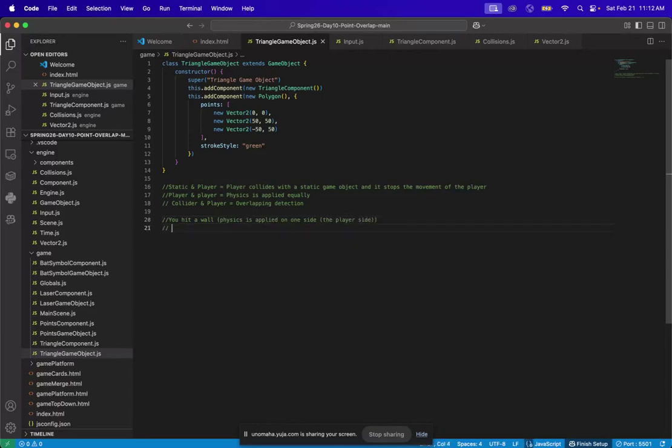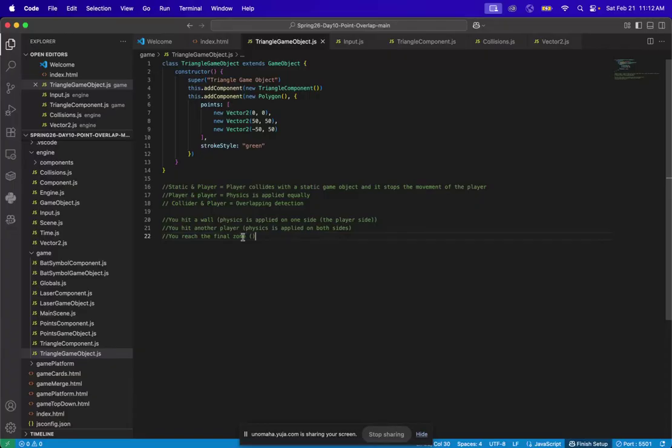Another example could be you hit another player, which means physics is applied on both sides. And then the final one is like you reach the end zone or the final zone,